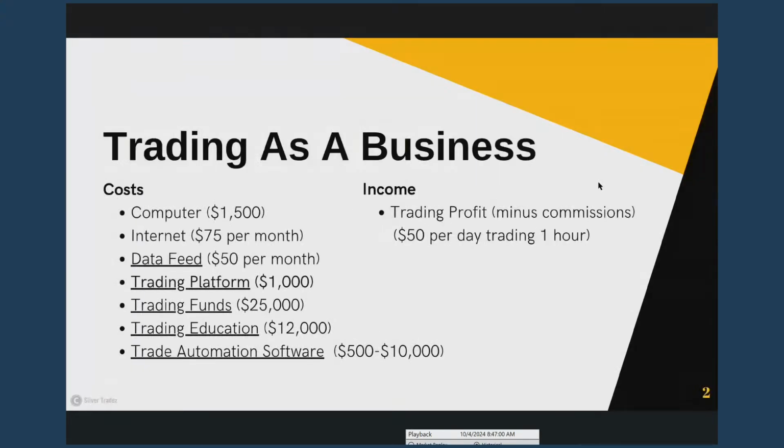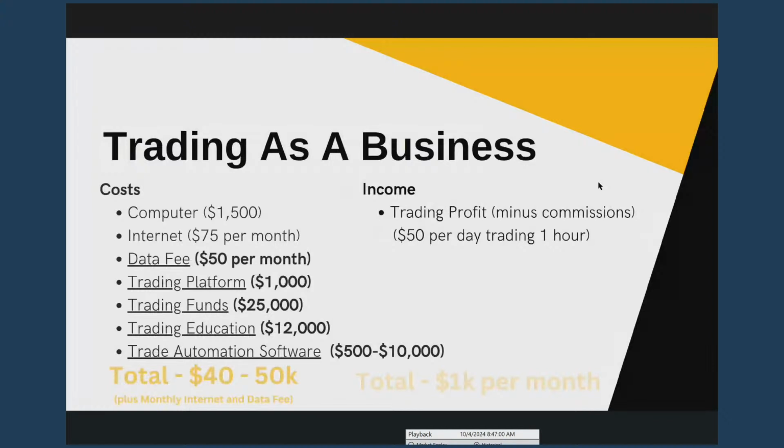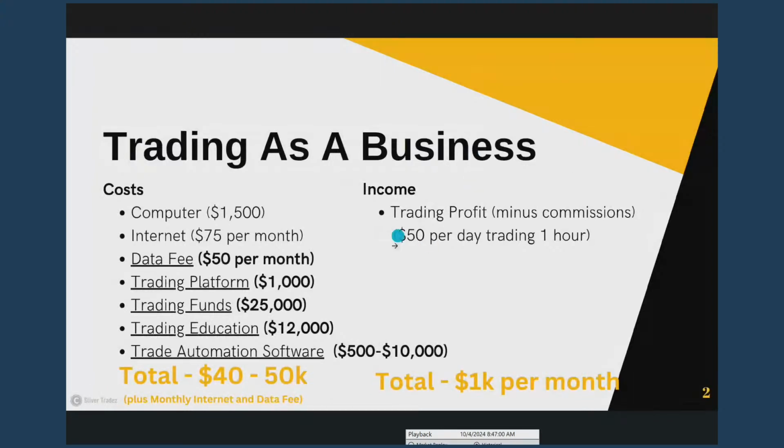So the business model I have explained in terms of costs and income, and here in my hypothesis I consider only $50 per day trading 1 hour, and I have just shown that the software made $2,000. But in the business model assumption, I assume only $50 per day, which means $1,000 per month. And then how we can scale this number, increase this number 10 times just by trading in parallel in multiple funded